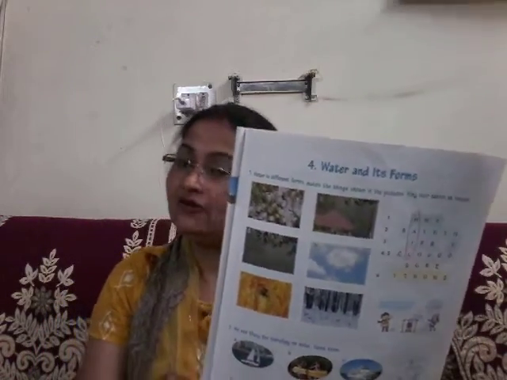Water and its forms. So all of you know water, isn't it? What is water? Our life, isn't it? Without water we cannot survive. So forms of water means it has got mainly 3 forms, isn't it? 3 forms of water. Ice is one form, solid form, liquid form, and water has also gaseous form, isn't it? So now here we will study about water and its forms according to your understanding level, children, according to class 2's standard understanding level.